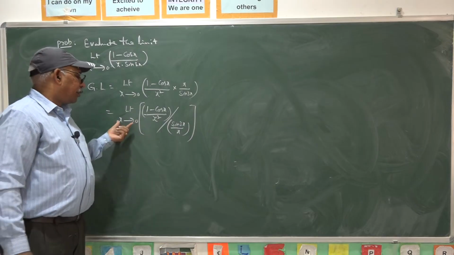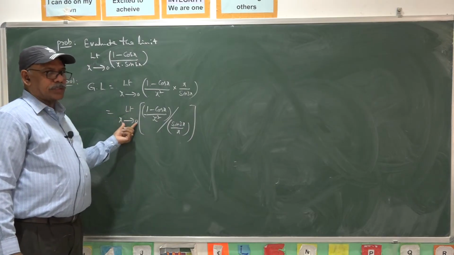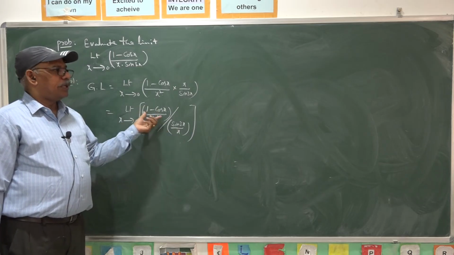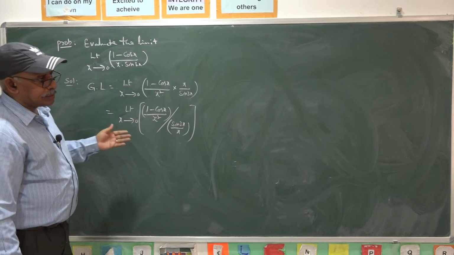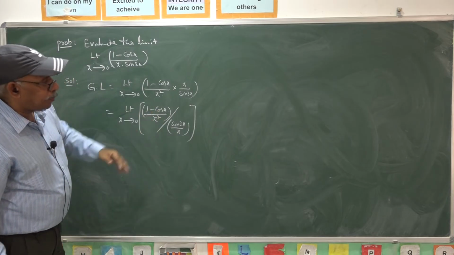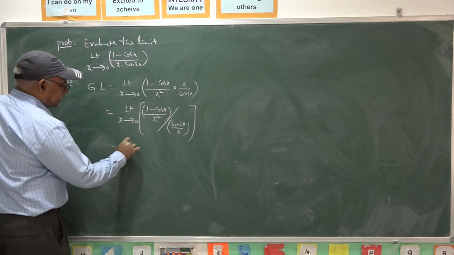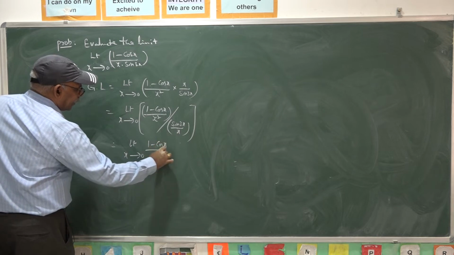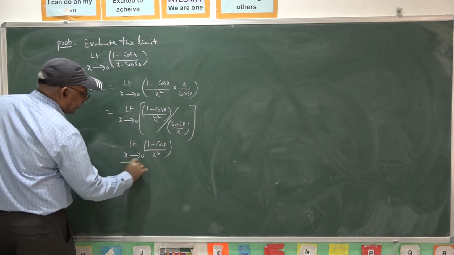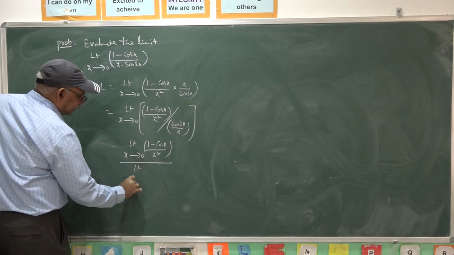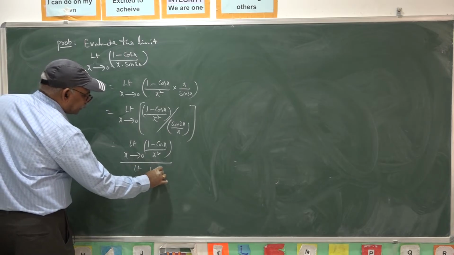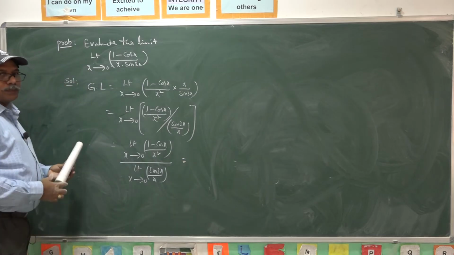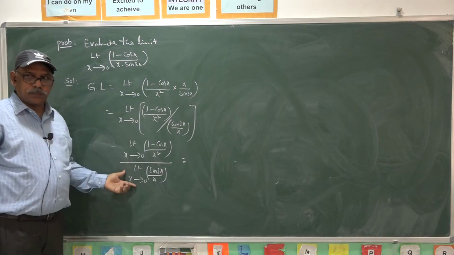So this is of the form limit as x goes to a of f(x) by g(x). Once the individual limits of f(x) and g(x) exist at the particular point and take finite values, you can apply the limit to the numerator as well as the denominator as per the algebra of limits. So the total limit reduces to this form.